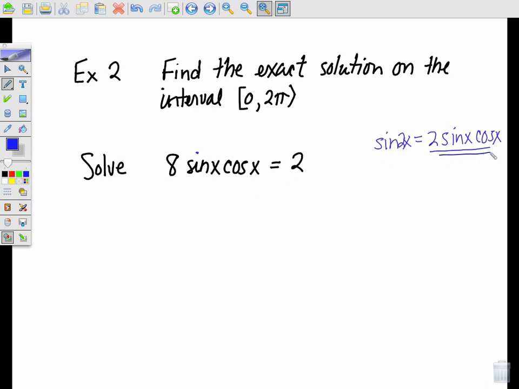So is there a way that I can get 2 sine cosine here on the left side? Well, all I'd have to do is divide by 4. So if I divide by 4, I have to do it to both sides. I'm going to get 2 sine x cosine x, which equals 1/2. Well, what that becomes is I can replace this with the double angle of sine 2x